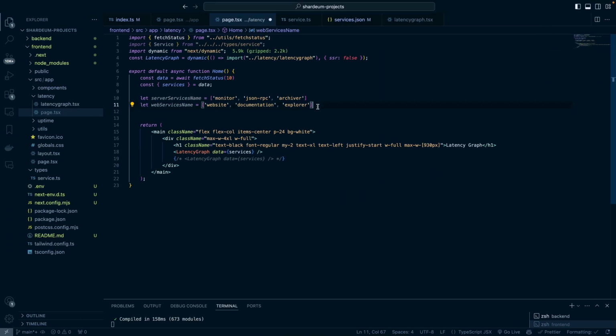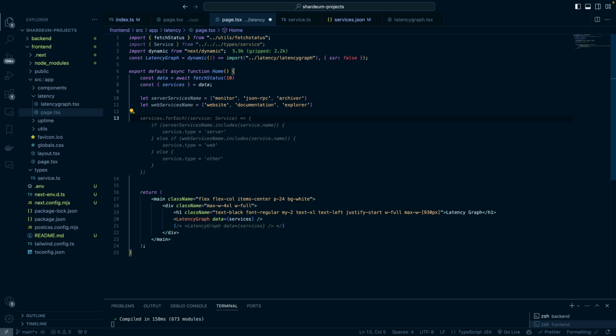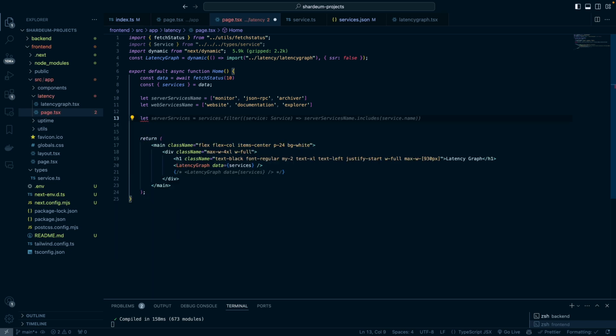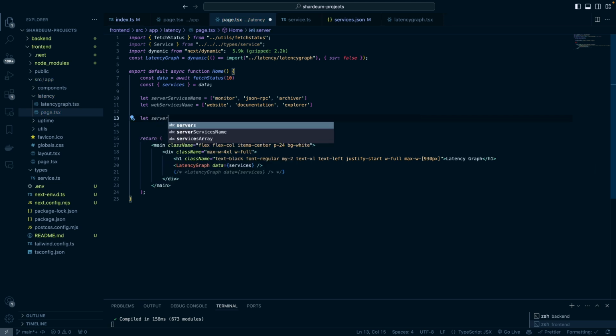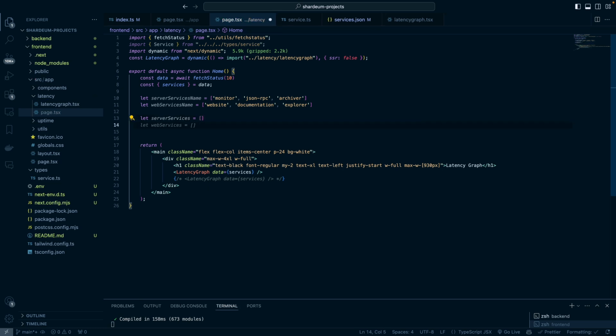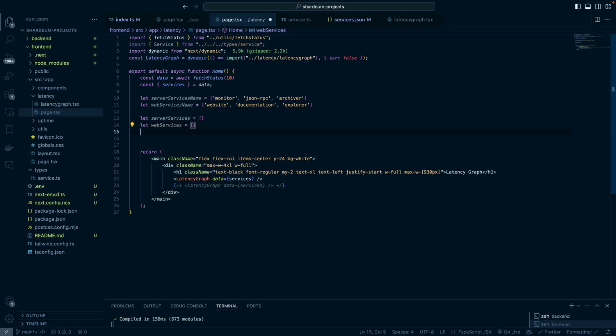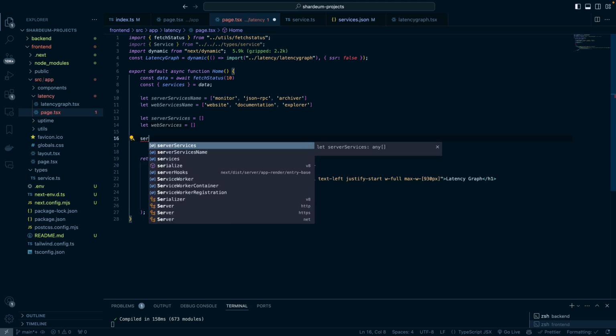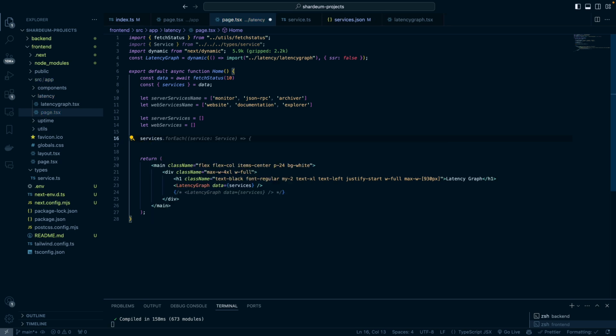Then what I'm going to do is create another empty arrays that we can push data into. So let's do server services, because I'm going to actually grab this data from the services variable that we currently have. I'm going to initially make this an empty array and do the same for the web services. Then I can loop over our services data that we have and say for each data that we have there,